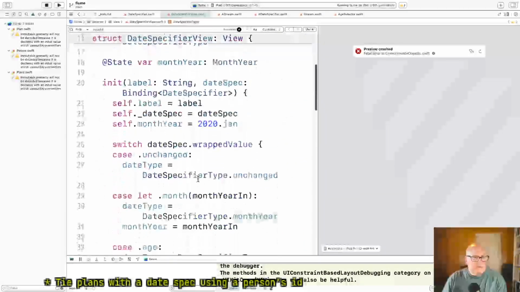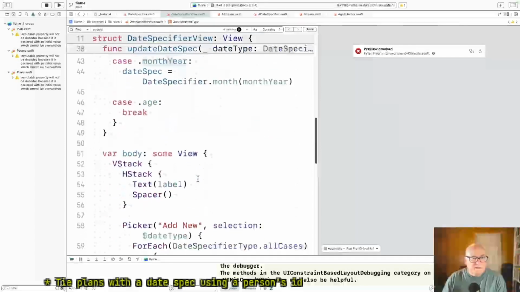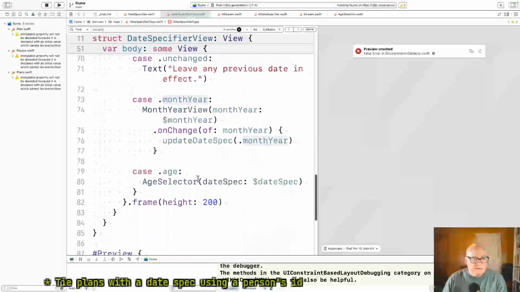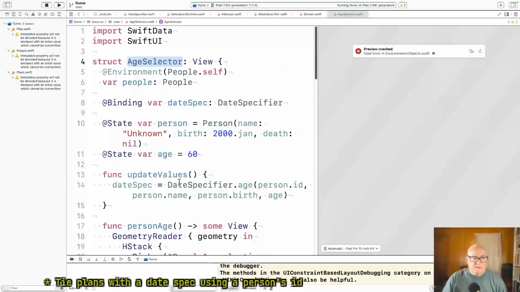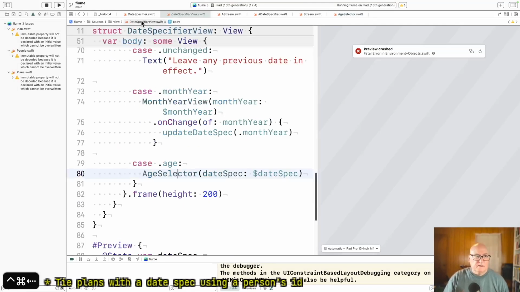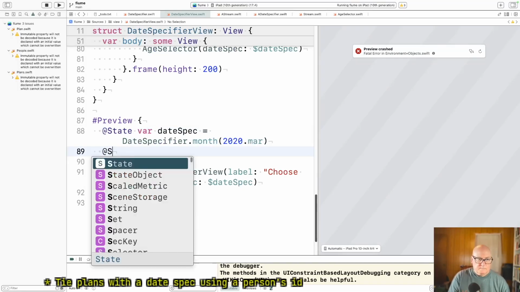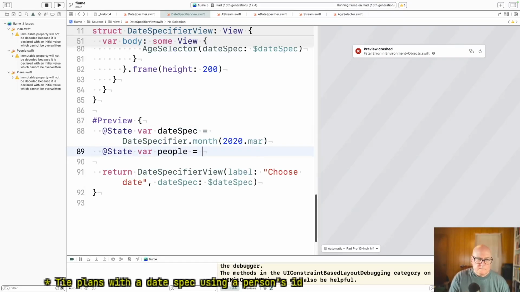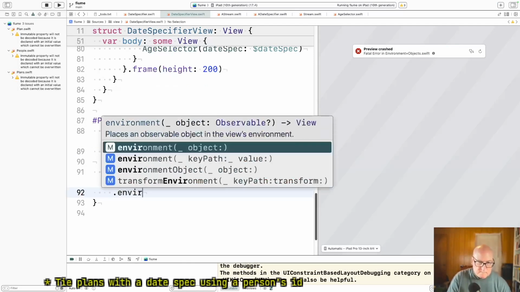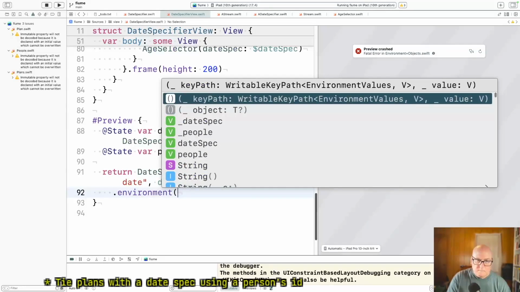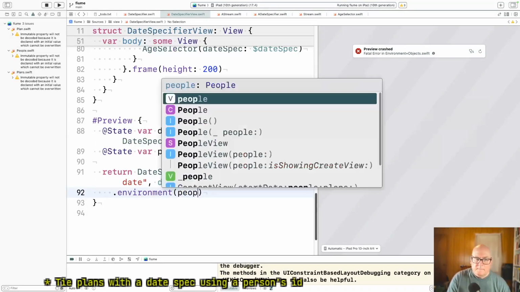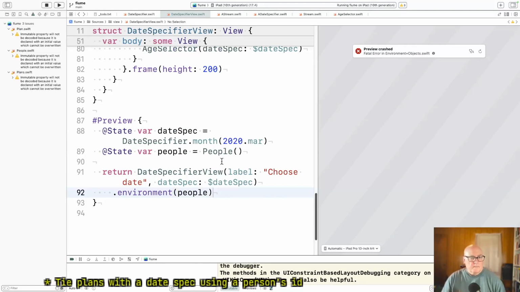What's under this view? Age selector. Wants people in the environment. Okay, we can fix that. That's all we have to do.